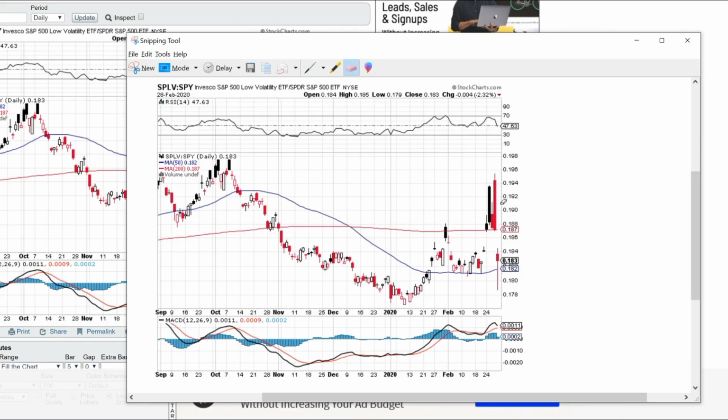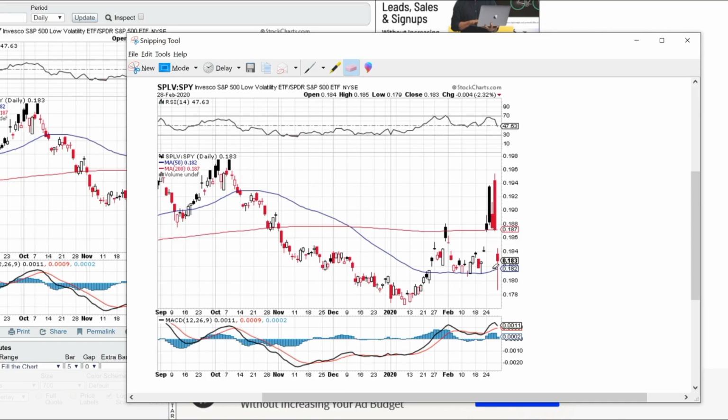Anyway, so you can see here that the low volatility ETF did actually outperform SPY initially. So we've got the ratio. That's a little useful trick here: Stockcharts.com, an extremely useful website. You put in the ratio of one stock or ETF to another. You just put the code in, colon, another code. And so going into the initial part of the sell-off, the low volatility ETF did actually outperform a bit,